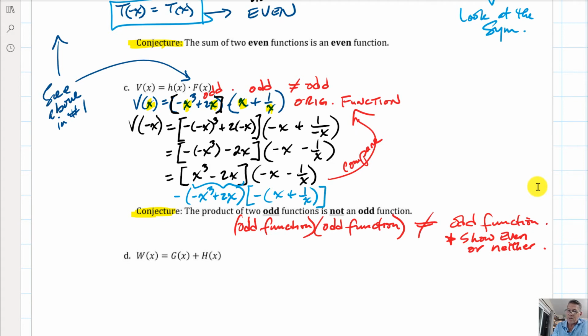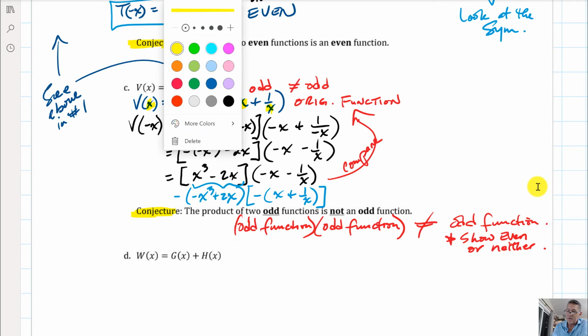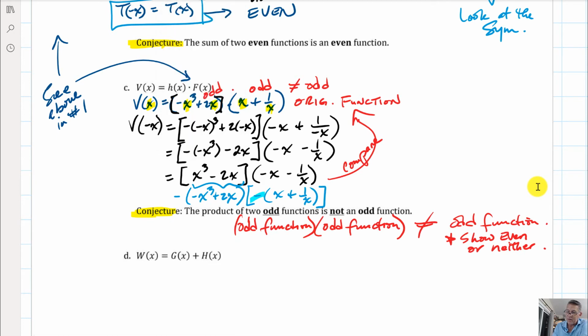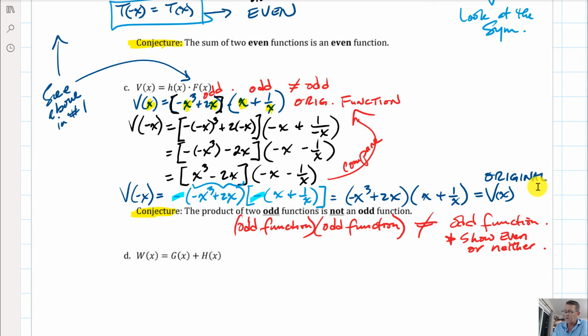Now, I'm going to highlight the 2 negatives that I'm going to be looking at here. So check this out. Look at this negative and look at this negative here. A negative times a negative is a positive. So I can say that this gives us negative x cubed plus 2x, times x plus 1 over x, which happens to be the original function v of x. So if you start off with v of negative x and you get the original function, which is what I ended with here, this is called the original function,